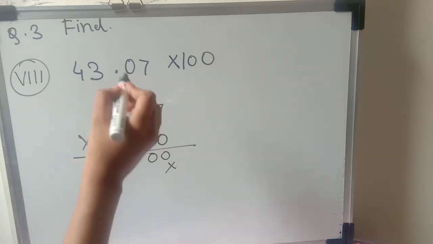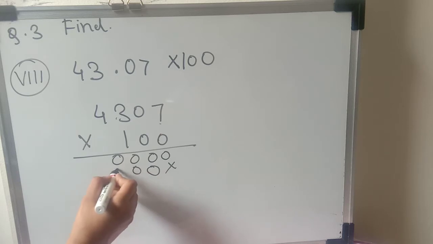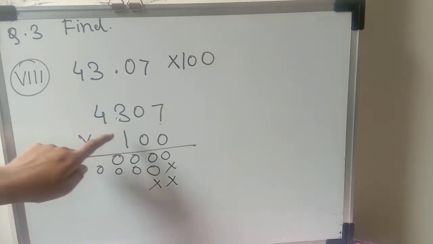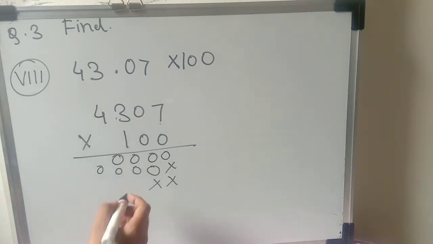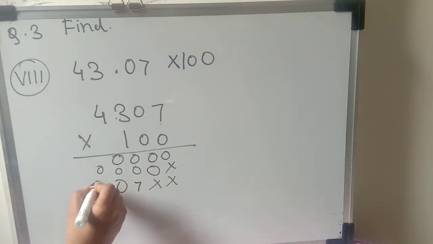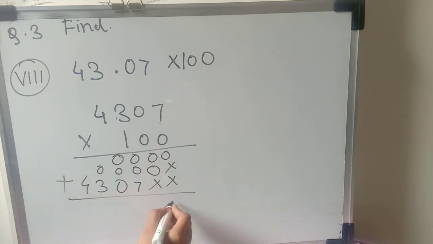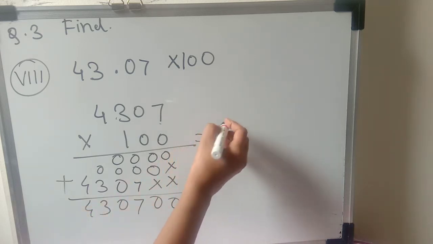Okay, now take the second 0, again 4 numbers are there. When you multiply any number with 0, you will get 0. Okay, now let's take the last number, that is 1. Any number if you multiply with 1, you will get the same number, that is 7, 0, 3, 4. Okay, let's add them. So here we'll get 0, 0, 7, 0, 3, 4. So here the answer is